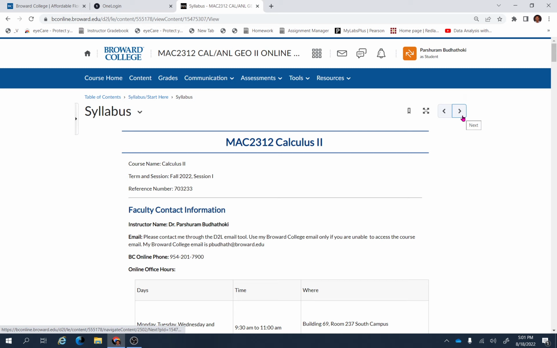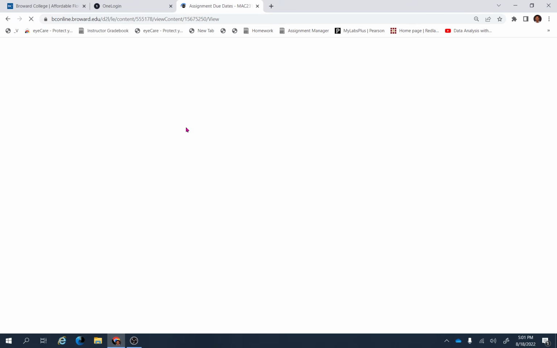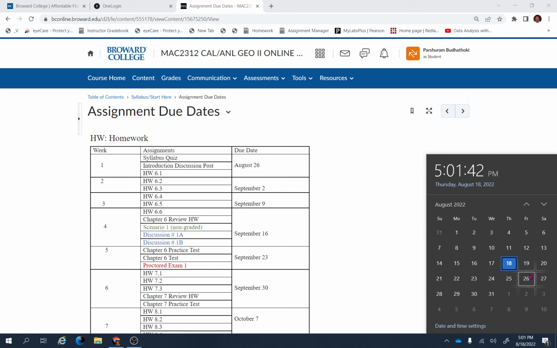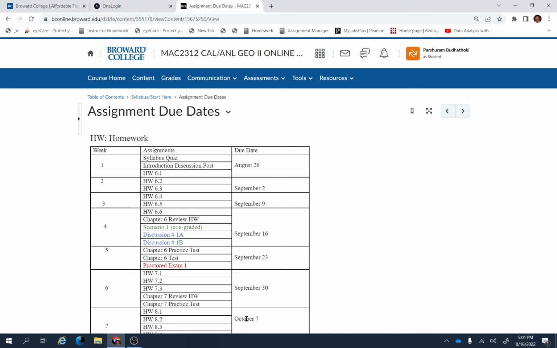If you go to the next page, that page is going to give you the assignment due dates for all the assignments available for this course. For example, this week, August 26th. If you click August 26th here, you will see that this is a Friday. So these due dates are Fridays. I'm making all the assignments available until Friday midnight. So make sure that you follow these due dates: syllabus quiz, introduction, discussion post, and homework